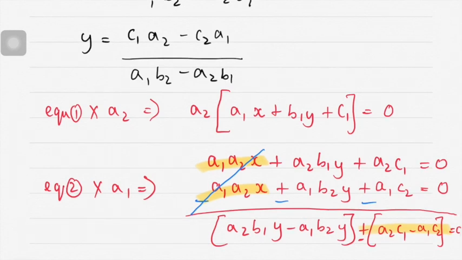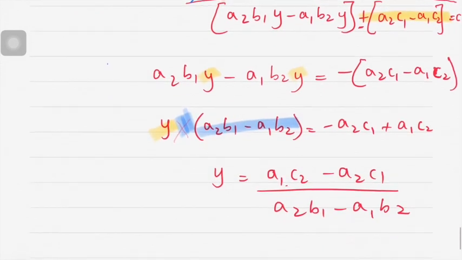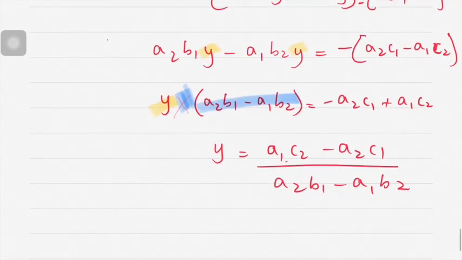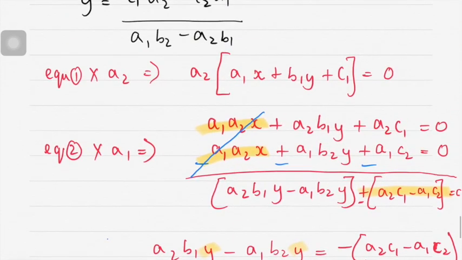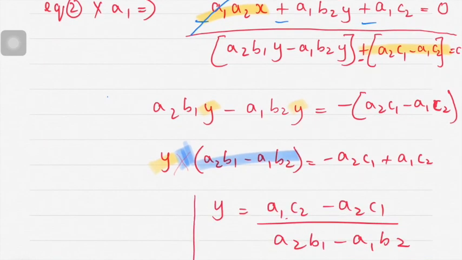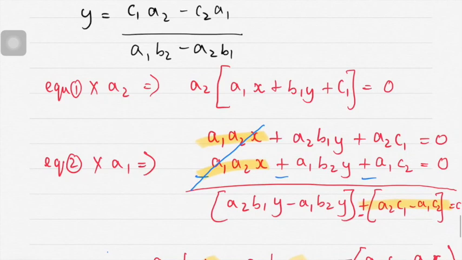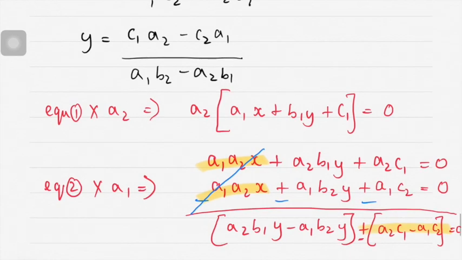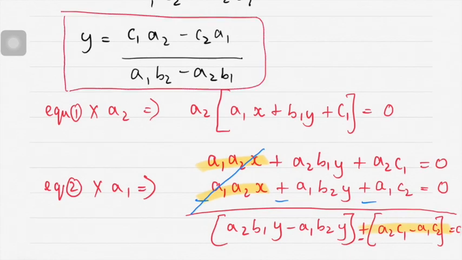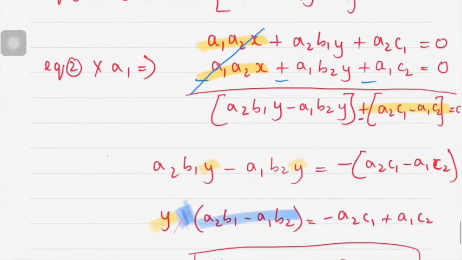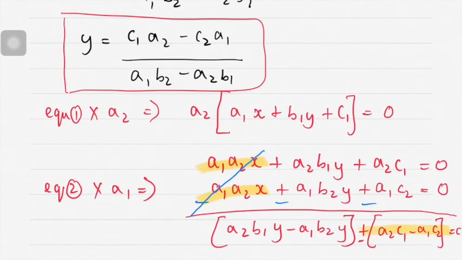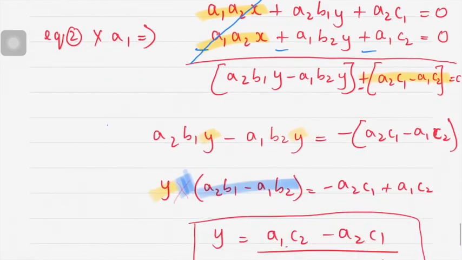Now let us check. See what the formula is. The formula written here is y is equal to c1a2 minus c2a1 divided by a1b2 minus a2b1. And here what we got? We got a different formula, correct? Actually the formula is not different, it is the same only. Why we got a little different formula is because we have done equation 1 minus equation 2. If we would have done equation 2 minus equation 1, we would have got the same formula. Now what we got is just the opposite.